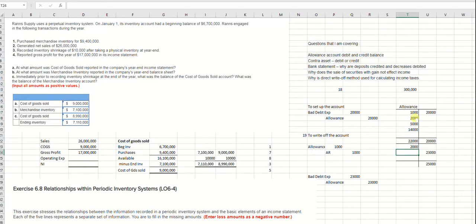So notice I just added up these. I'm just doing it because it's on Excel. So this is what this side, my write-off side, my estimate side, write-offs. So I had more write-offs than I thought I was going to have. So I ended up with a debit balance. I still look at my accounts receivable and determine that I need $25,000 in it. But notice I'm $2,000 in the hole, so that makes this entry $27,000.